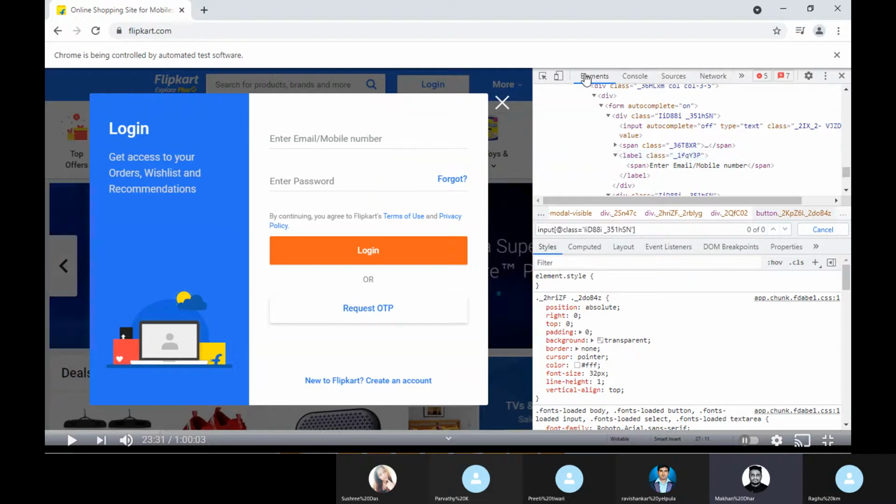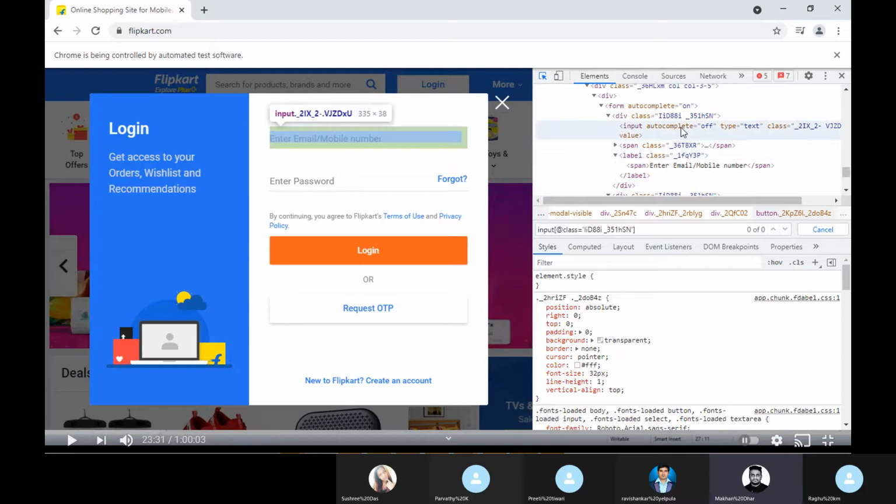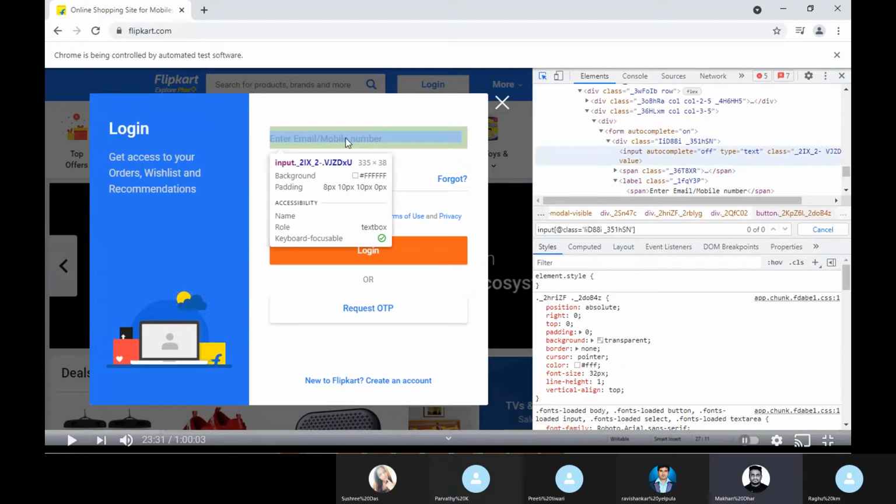The very first one, just select. Now go to the enter email and click on that. No, don't go there. Go to this label, click on the label on the left-hand side.